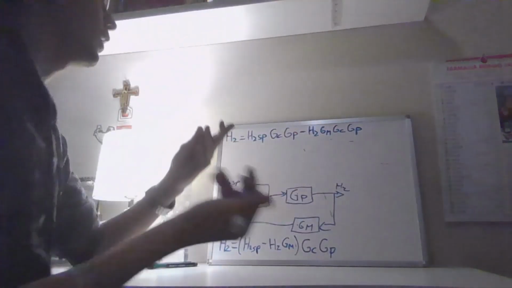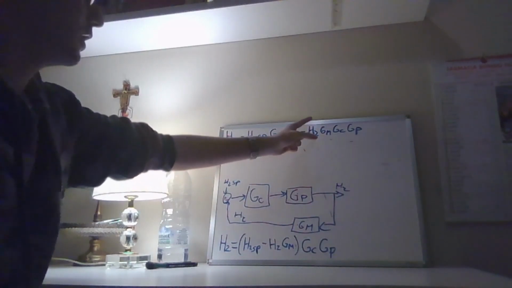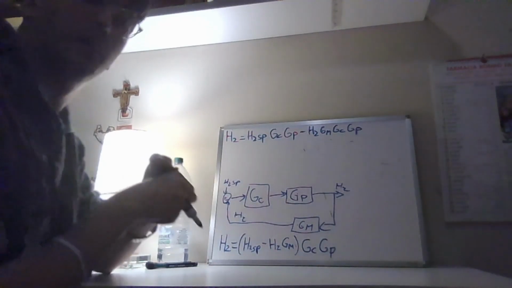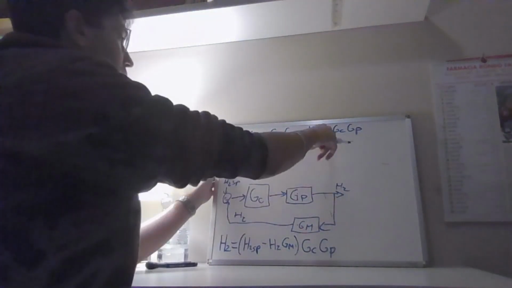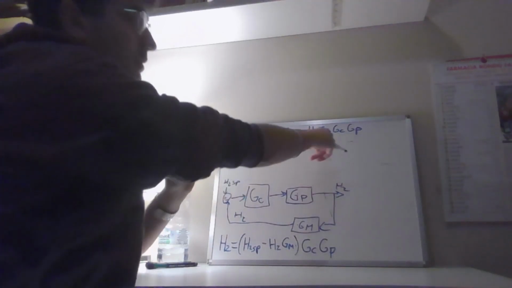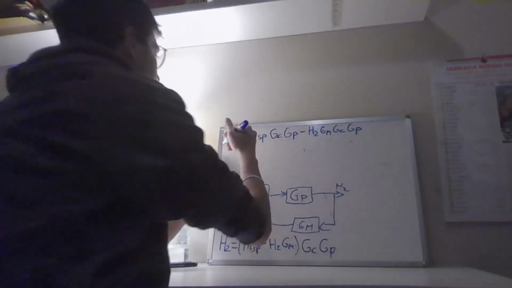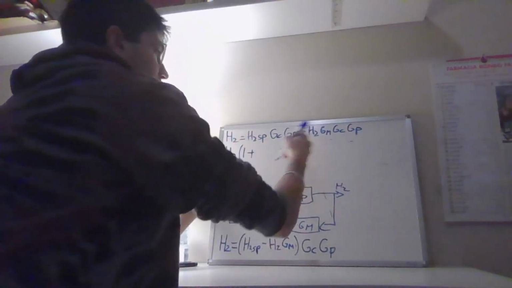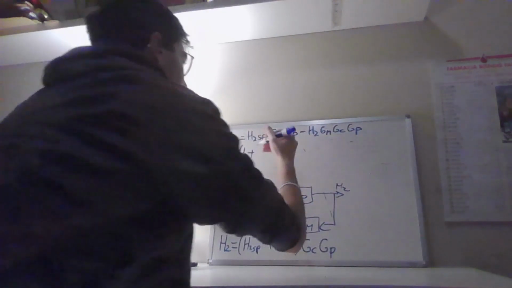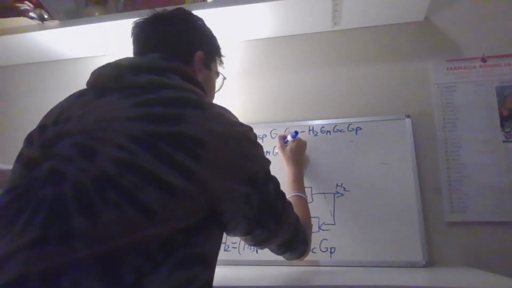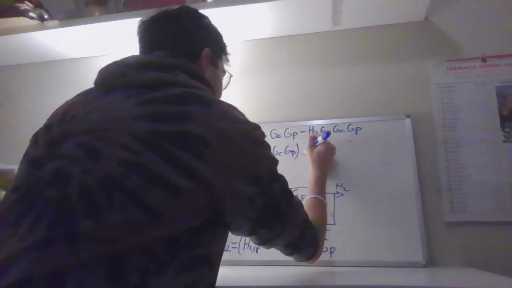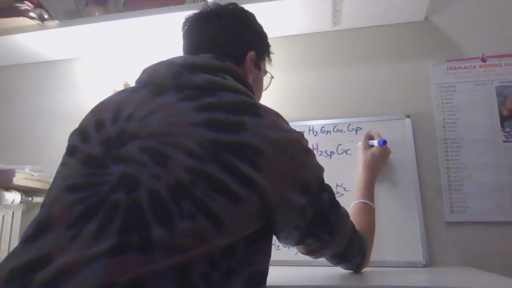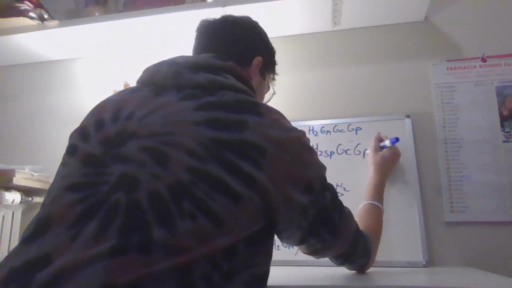Alright. Why did I do that? So that now we can push this H2 second factor out to the left side and pack H2 together. So now we're at H2 plus H2 GM, this whole factor. So I'm just going to do H2 times 1 plus this whole side, so plus GM, GC, GP, is equal to H2 SP for a set point multiplied by GC, GP, and I forgot